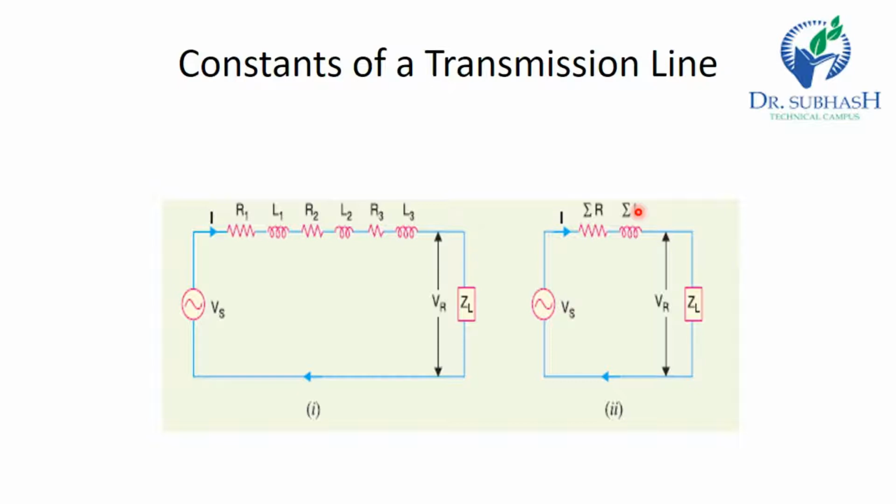A short transmission line has a comparatively low voltage, about 20 kV, and the line length is about 50 km. Due to the smaller length and lower voltage, the capacitance effect is small, so we can neglect it, and therefore when we study the short transmission line, only the resistance and inductance of the line are taken into account.